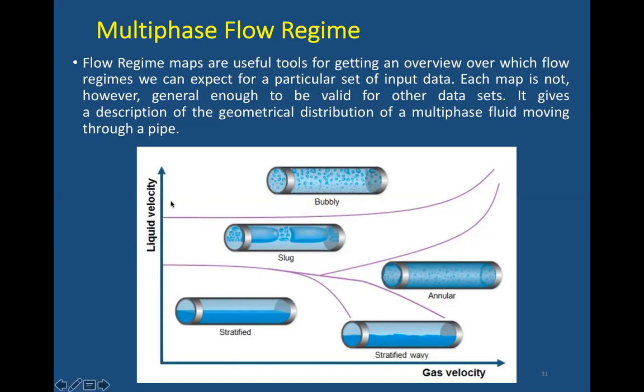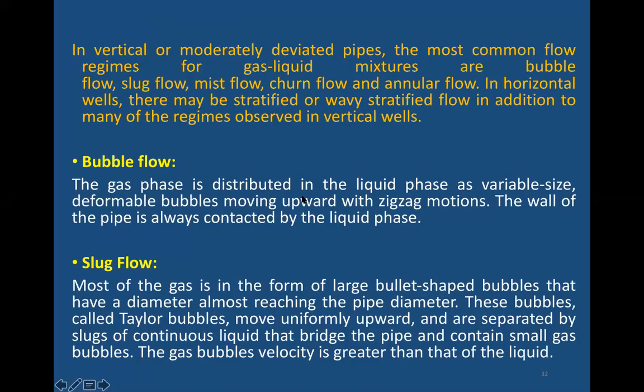So if I ask you to describe the multiphase flow based on the liquid velocity and gas velocity, you have to draw a symmetric diagram, not putting in a different scale, and you have to properly place the stratified flow, stratified wavy flow, annular flow, slug flow, as well as bubbly flow, where they will actually be placed. It's not like you will put bubbly flow here. It's not possible because in this case you need high liquid velocity and medium gas velocity.